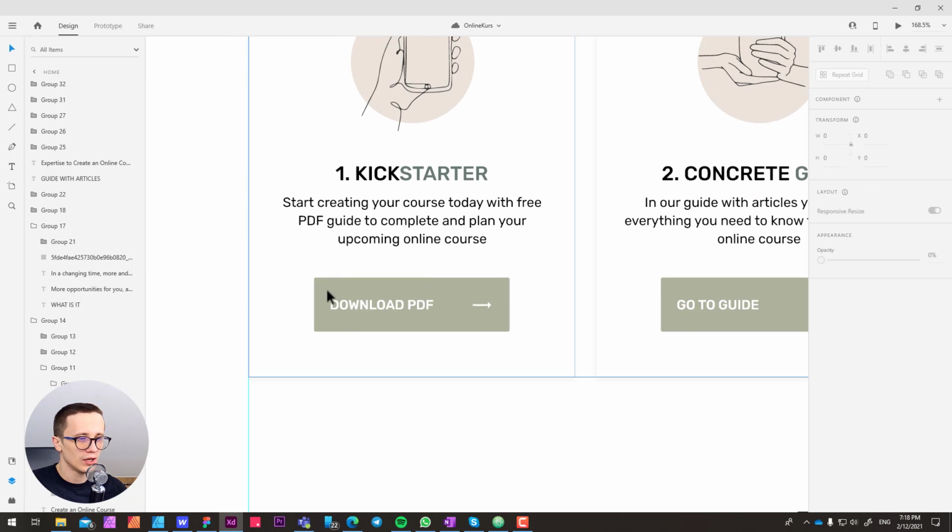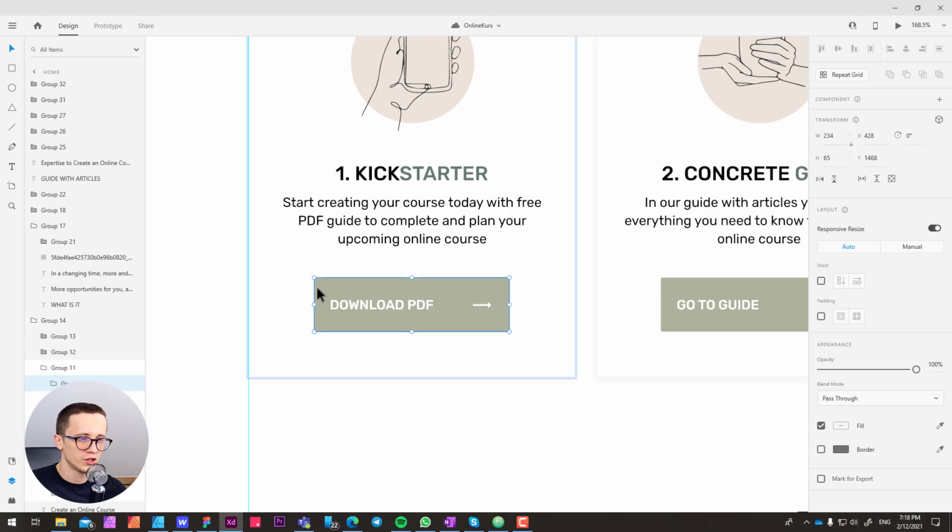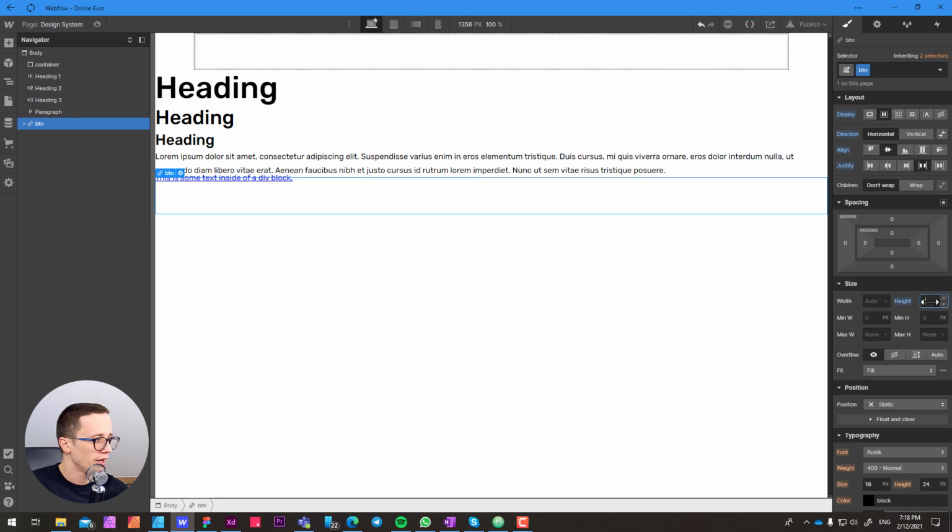Now usually what I also love to do, instead of just adding the padding inside my link block, is to also have the height. I want all of my buttons to be consistent across all the pages. So this button right here has a height of 65 pixels. I'm gonna say height